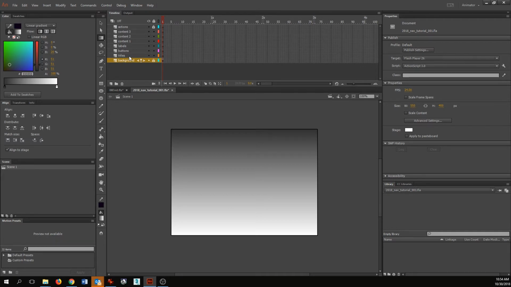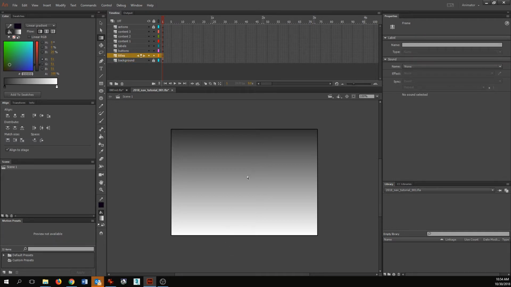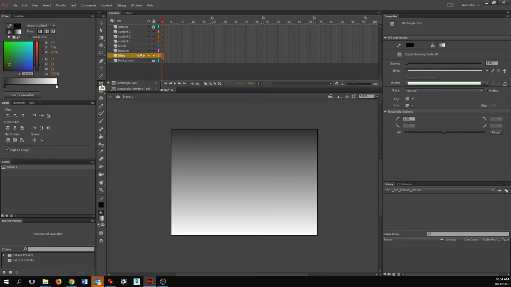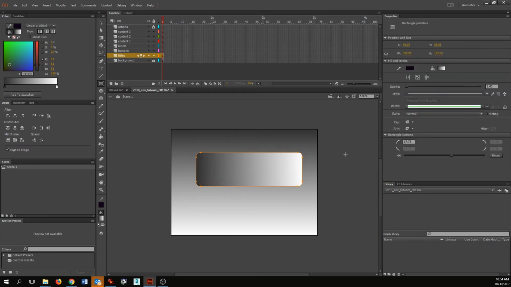Now for the title, let's go ahead and make something similar. This time let's use our rectangle primitive tool. Very similar type of setup. The thing about the rectangle primitive tool, of course, is we can put those beautiful rounded edges on things. And so I'm just going to set that to an even number. Again, just for the sake of doing it quickly,